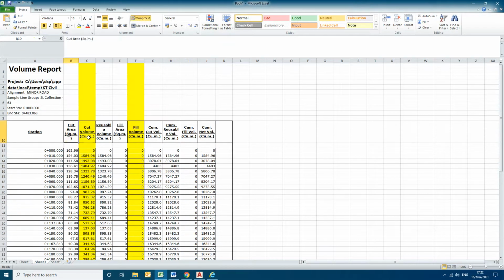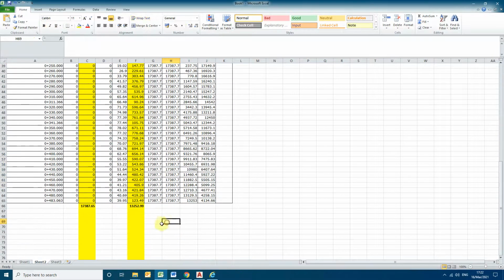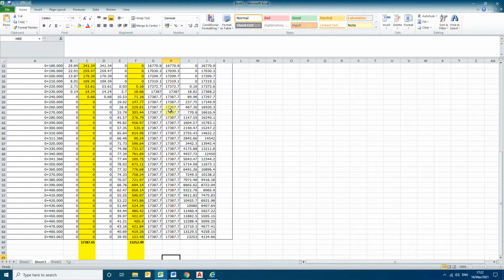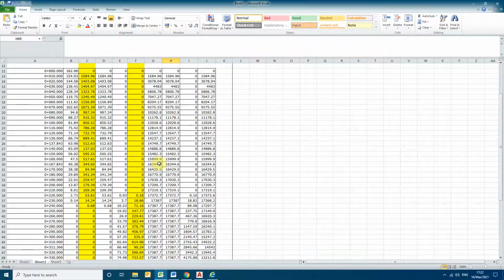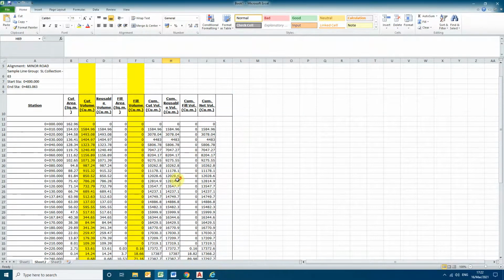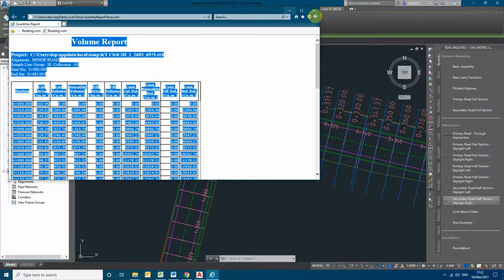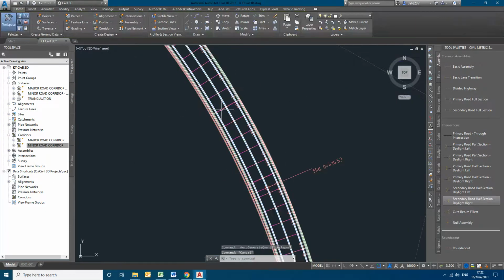So this is cut area, volume, and these are cumulative cut and fill volumes, and reusable volumes also it has been given. These are the reusable volumes, which is same as the cumulative volume, whatever it is. So it will be considering all the volume that we are getting from the cutting as a reusable volume only. So similarly for the major road also we can create the cut fill sections.